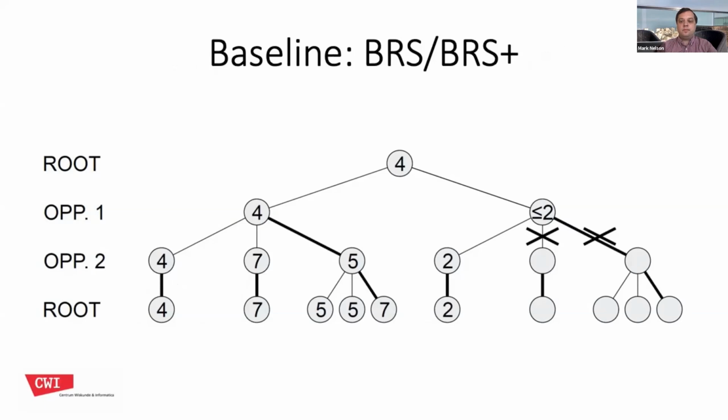Two improved algorithms based on paranoid search are Best Reply Search, BRS, and the current state-of-the-art BRS+. These algorithms still assume that all opponents are playing against the root player. However, they restrict the move choices of this coalition. In BRS+, only the opponent with the strongest move against the root player can choose this move freely, while all